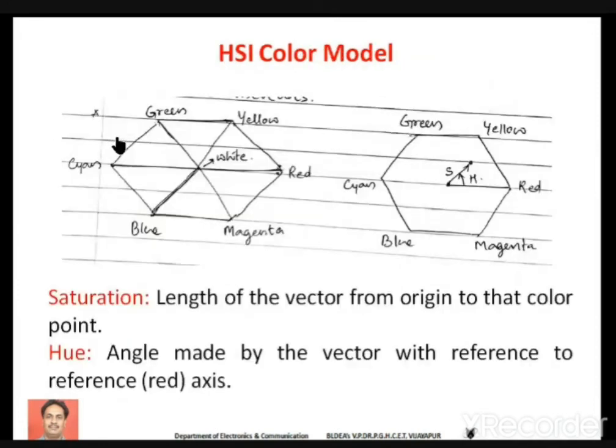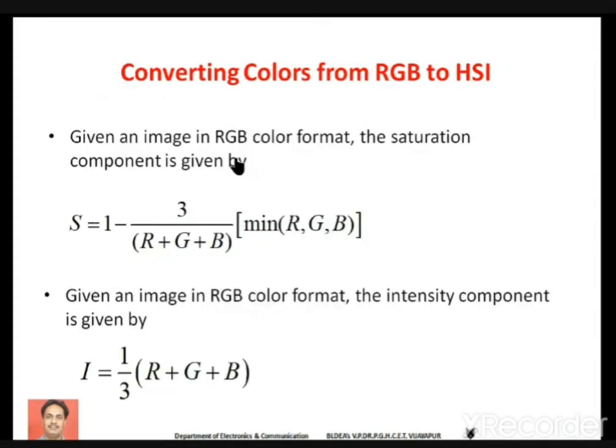based on this diagram. We call RG as one sector. This we call it as RG sector. Next, this is GB sector. Between the points G and B, whatever the angle we get, we call it as GB sector. And RB sector means the angle formed by red and blue values. So here we get 3 sets of formulas for converting HSI value into RGB. We'll look at these formulas one by one.